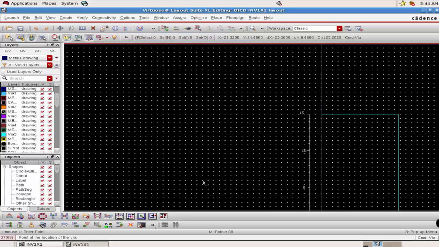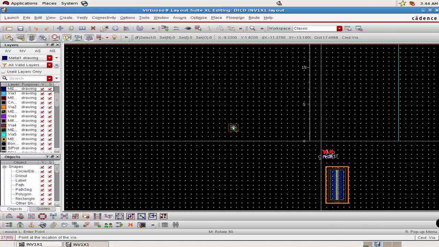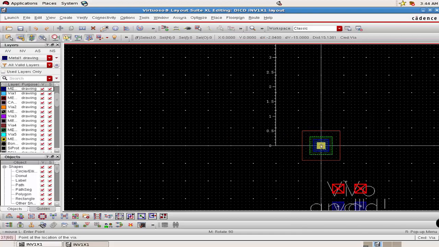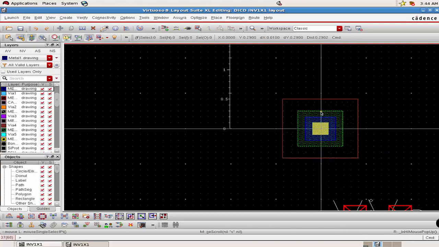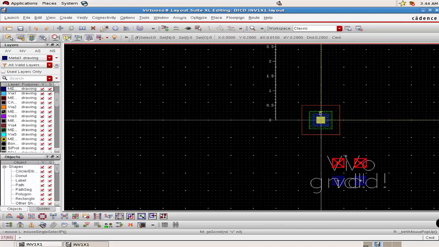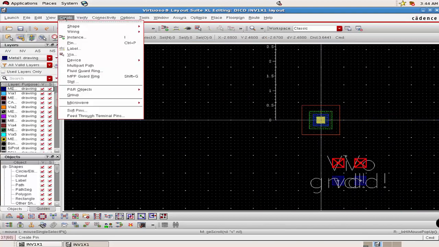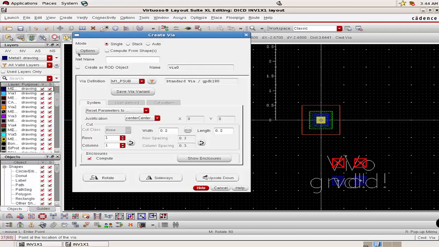Now you might wonder where exactly the P-sub is. As I said before, this entire space which has been marked with black color is all assumed to be a P substrate, and we just need to place this wire exactly at the origin. You can zoom in, make sure that you are fixing it at the center. Press escape to come out of this wire, and then again click on create wire and select